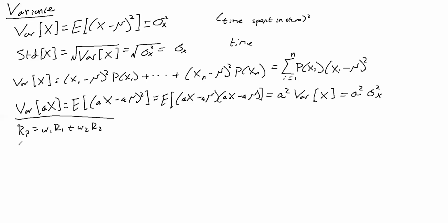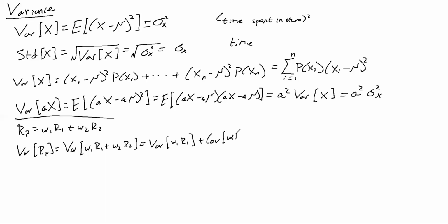So if we want the variance of our portfolio return, this will mean we want the variance of weight 1 times return 1 plus weight 2 times return 2. Again, this would be the first asset, this would be the second asset. Just like before, whenever we do this, we can say this would be equal to the variance of weight 1 times R1. But whenever you do this, for every pair of random variables, you're going to have a covariance term. So this would be the variance of weight 1 times return 1, plus the covariance of weight 1 times return 1 and weight 2 times return 2, plus the variance of weight 2 times return 2,